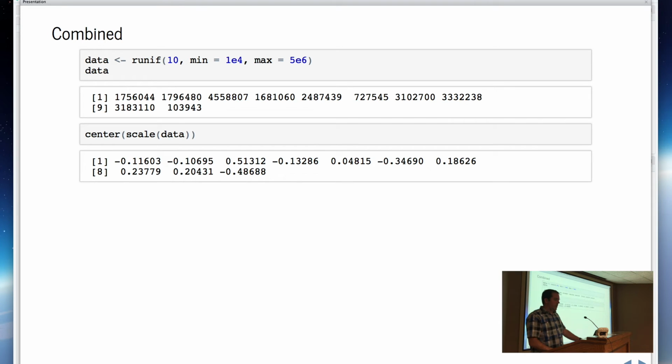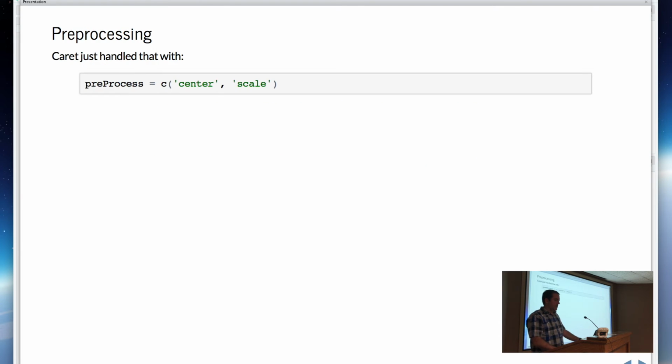If you applied both of those, say I've got a random uniform from 10,000 to 5 million, and I center and scale it, all values are between now negative 0.5 and positive 0.5.